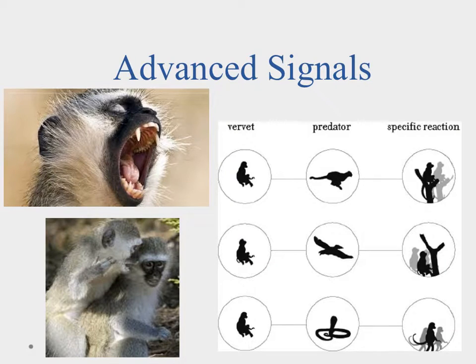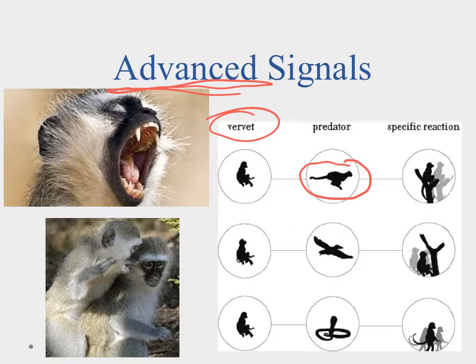Now, some communication in animals can be quite advanced. One of the examples they like to talk about is the vervet monkey. The vervet monkey has the ability to send out a signal when a predator comes in, so it warns the entire colony that there's something bad coming. But what makes it unique is they have multiple signals, and the signals mean different things. If one of them sees a jaguar, it'll send out the vervet jaguar signal, and that will send the vervets up into the trees for safety.